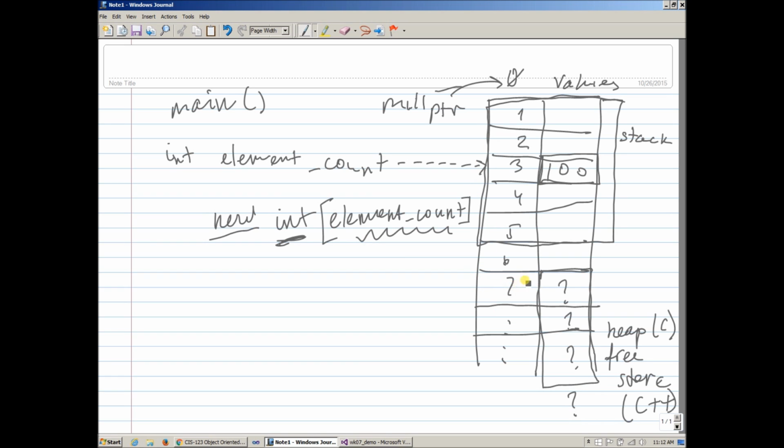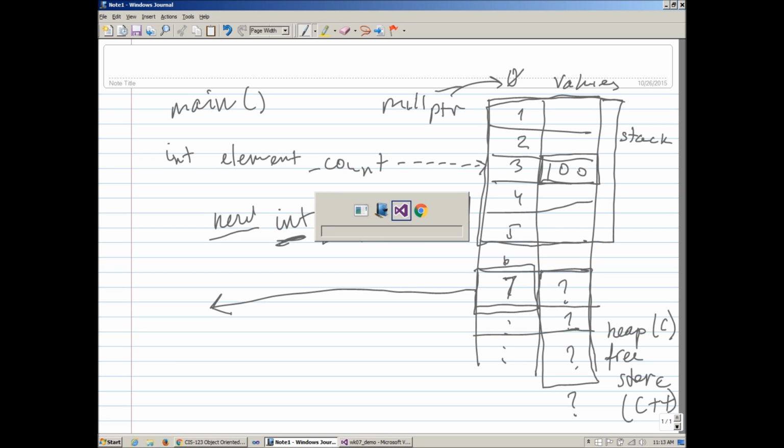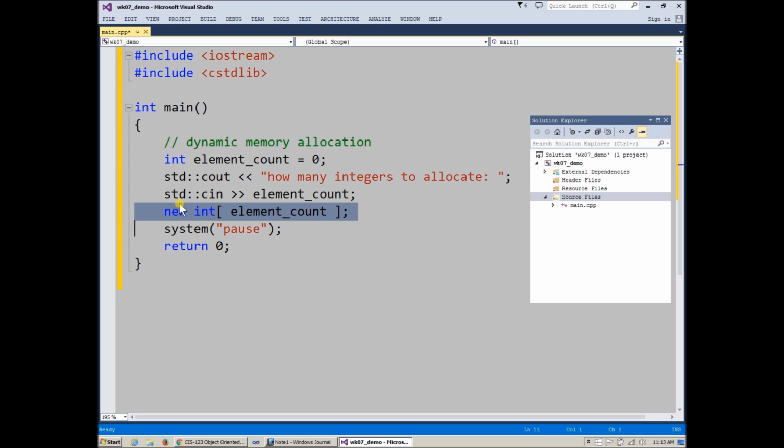But the result of this action is that the new operator returns the address of the first integer in memory. So basically, this is what the new operator returns. It returns the address. In my case, this is 7, just happens to be 7. Number 7 is the memory location, number 7. And here I have created a whole bunch of integers, say 100 integers, or however many integers the user wants to create. And therefore, in order for me to retain and keep track of these 100 integers, if element count indeed is